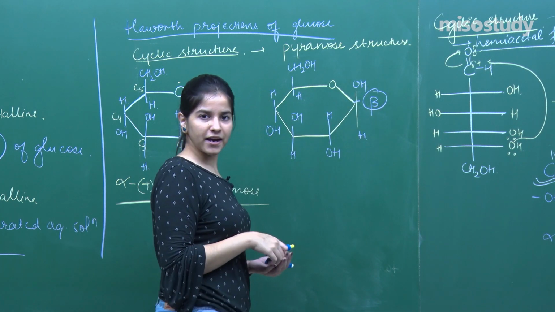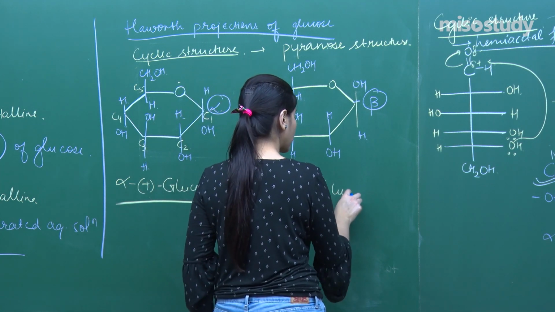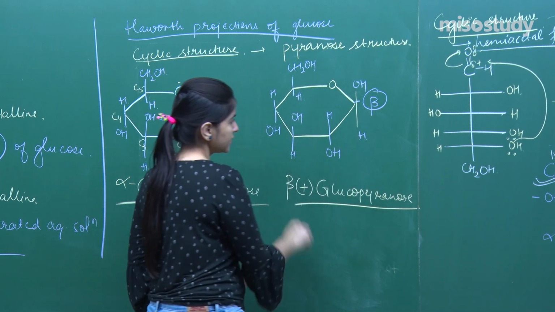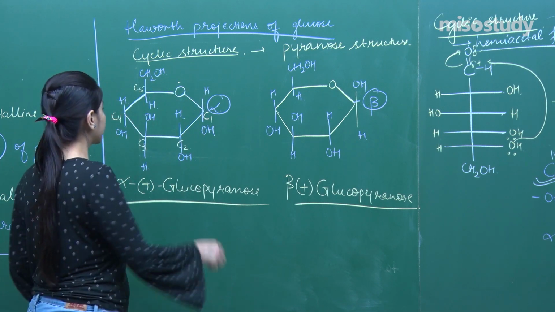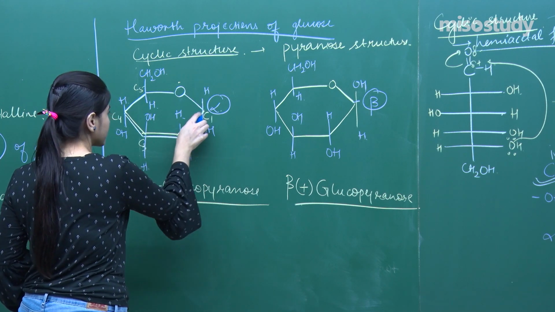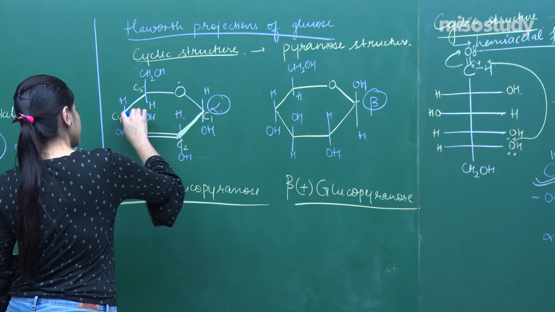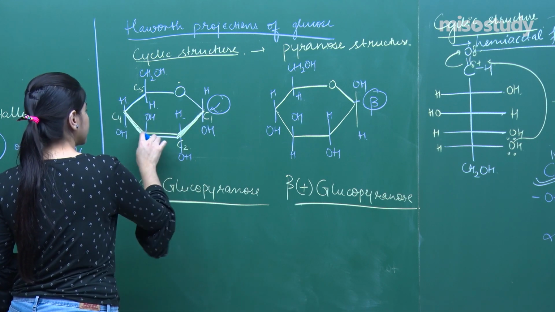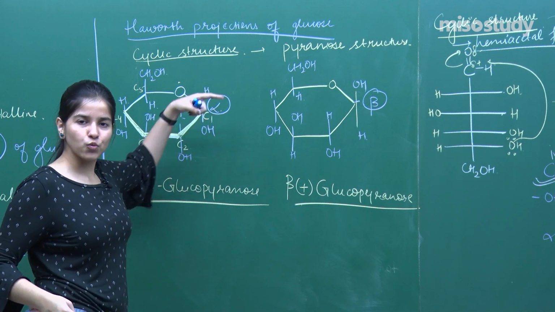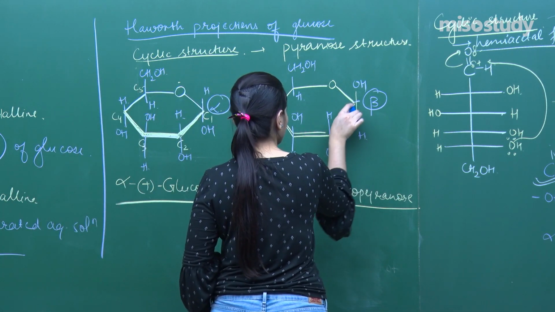This is the beta carbon that I have. So it's beta plus glucopyranose. Fine with the idea? So I hope everybody has got it. That is the Haworth projection, and to be very precise, I can just bold it so that I am able to represent that in 3D, right? Why am I bolding this? This side lies towards you, right? So it's basically out of the plane.